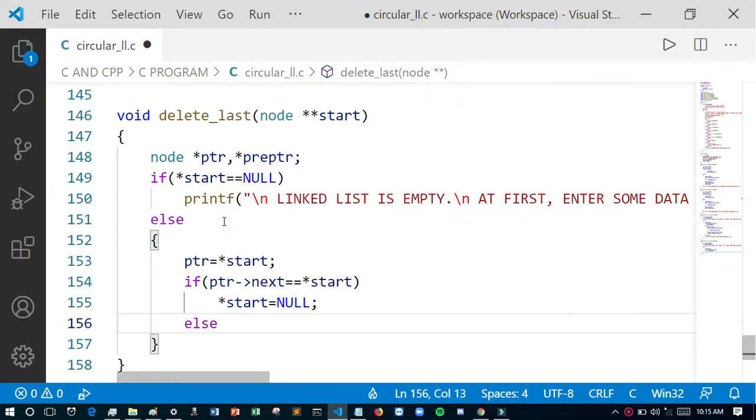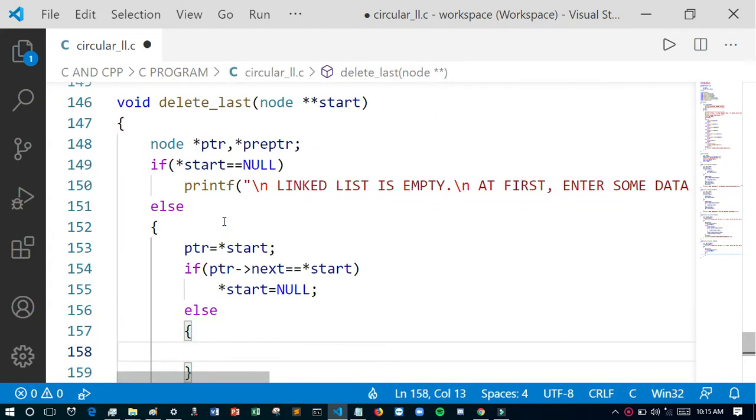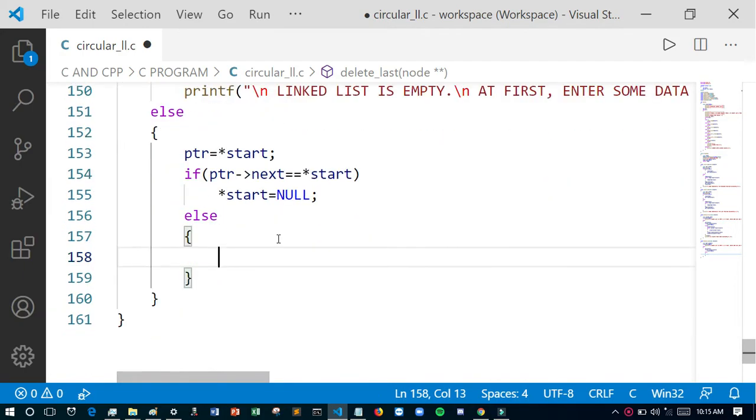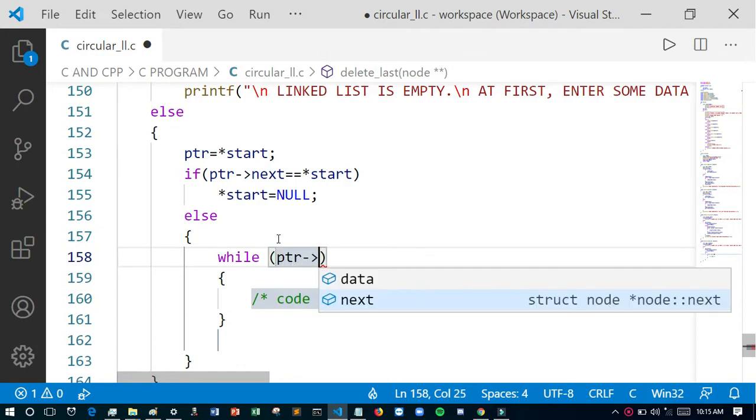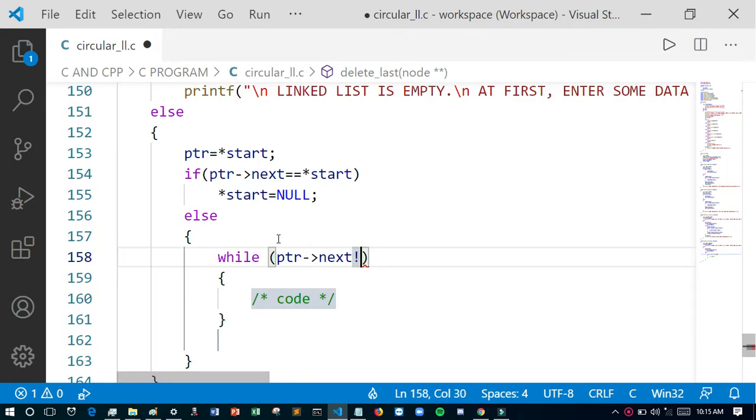The else part will execute when more than one node is present. Then we have to traverse the same way I have told: while ptr next not equals start.